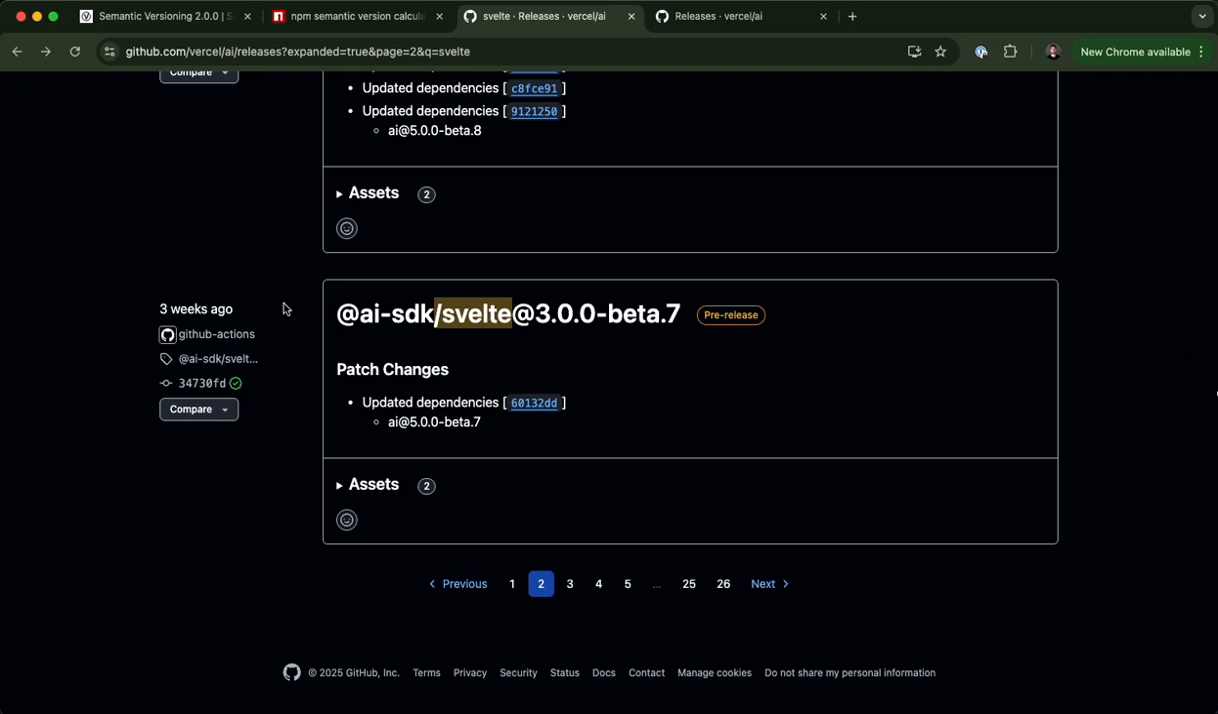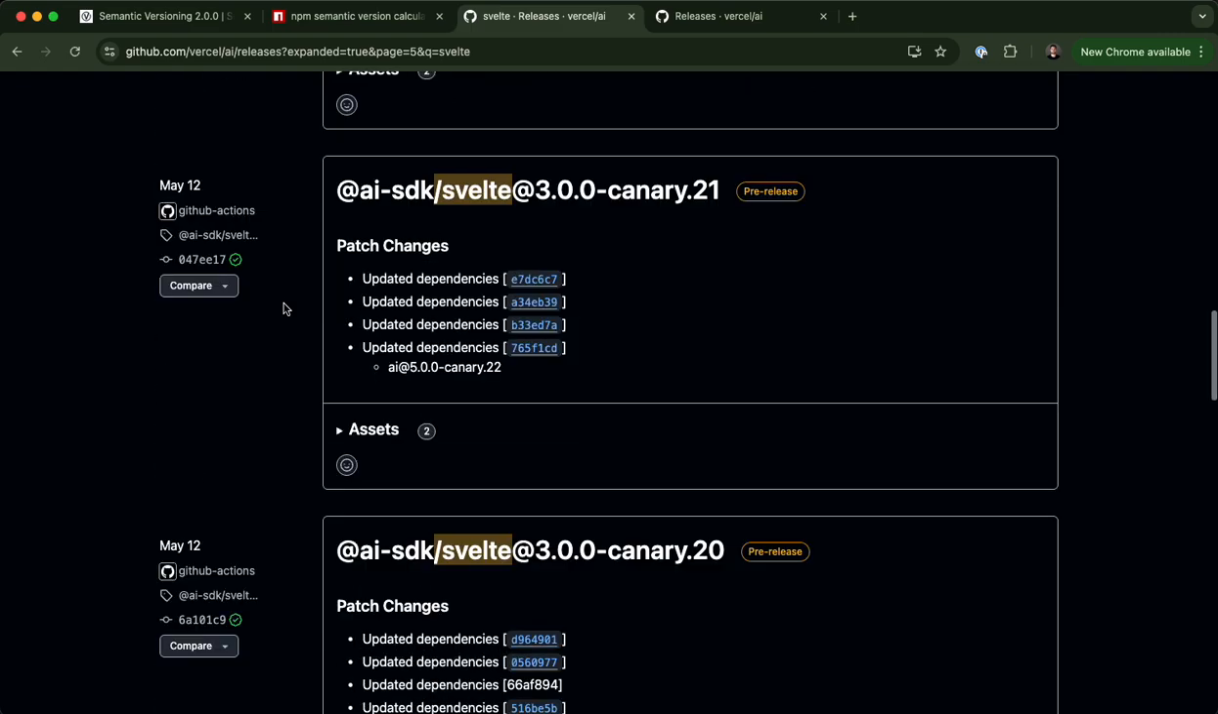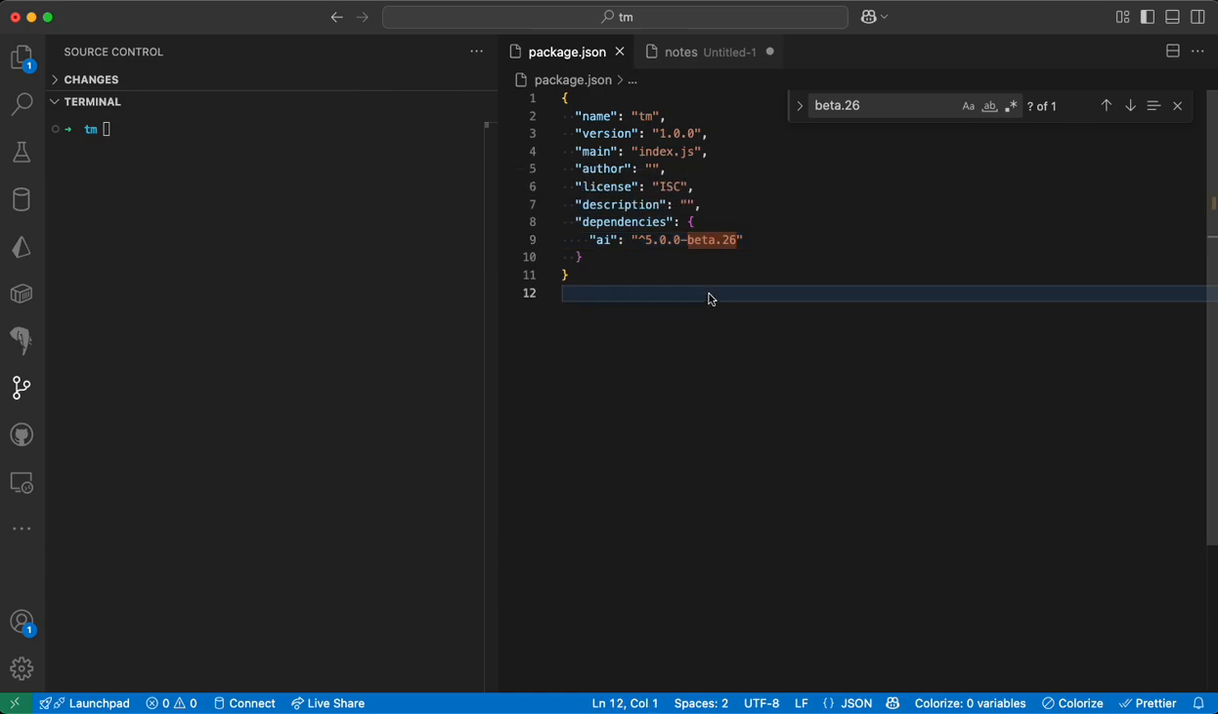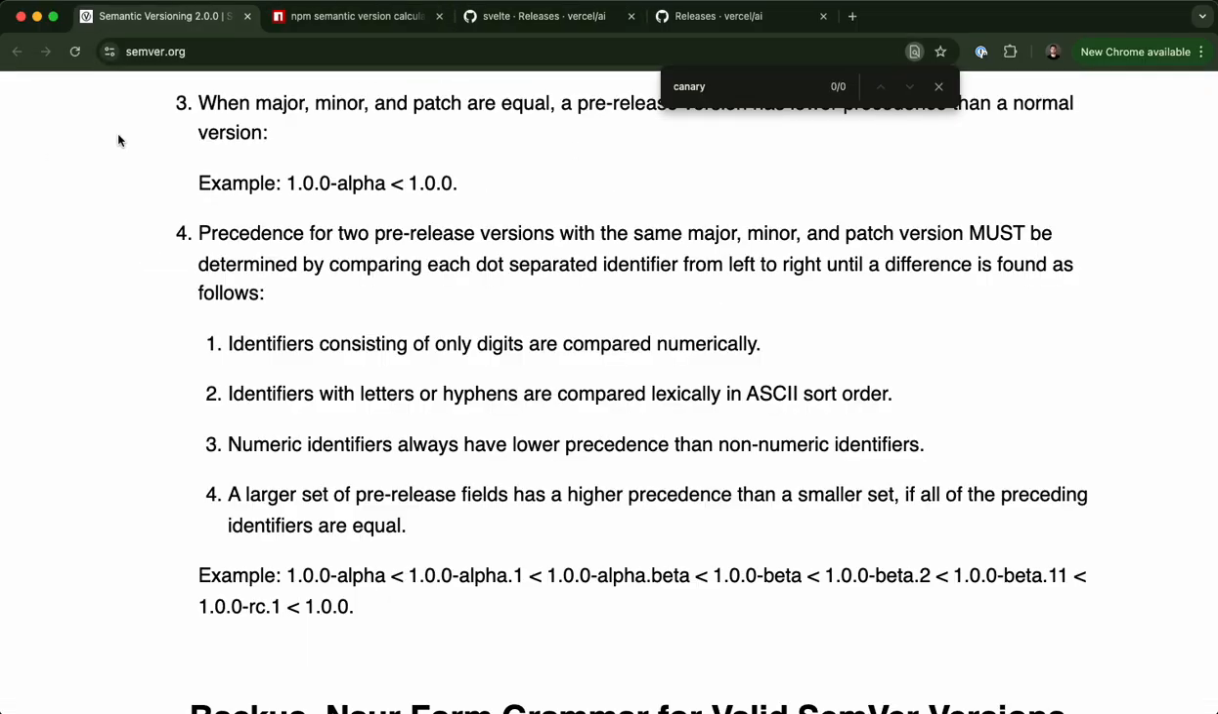Before beta we had alpha, and before alpha we had canary versions, right? So the AI monorepo of AI packages kind of follows semantic versioning, so to say. It says okay, we have canary releases, then alpha, then beta, then probably there will be RC releases maybe, right? But semver.org specifies clearly that for pre-release versions,